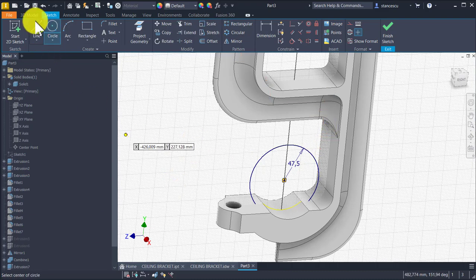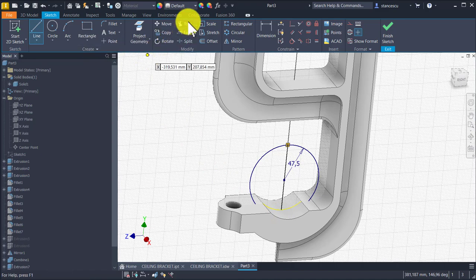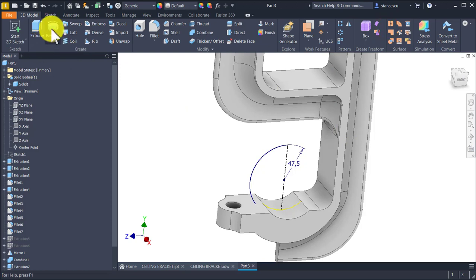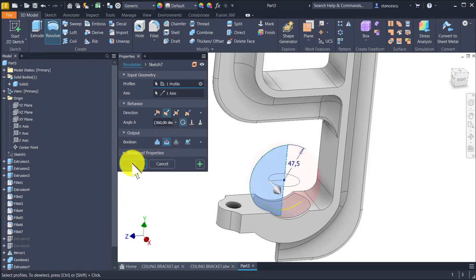Then I draw a line from this endpoint to the other diametral points. Trim. I trim this. I make this center line, and I have all the data to create that spherical depression with revolve and cut. Okay,